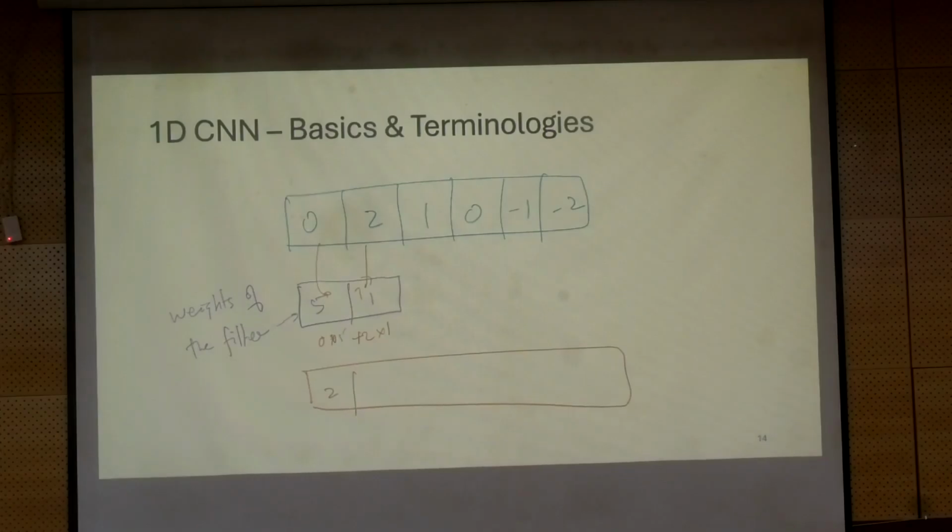Then your stride length of your filter, stride can be 1 or 2 or 3. If you move the filter by one stride or stride of 1, this is a moving dot product or sliding dot product. So 5, 1. So 2 into 5, 10 plus 1 into 1, 1. So this will be 11. Is this clear? Then I move on to the next. With a stride of 1, I get same filter, same weights, 1 into 5, 5 plus 0 into 1, 0. So this will give me 5.